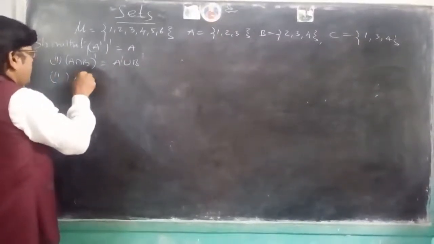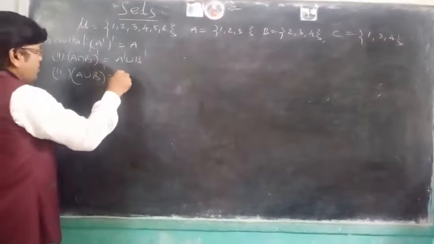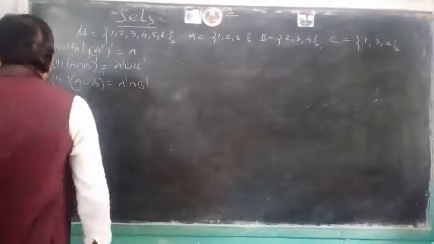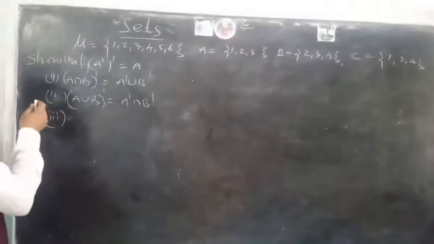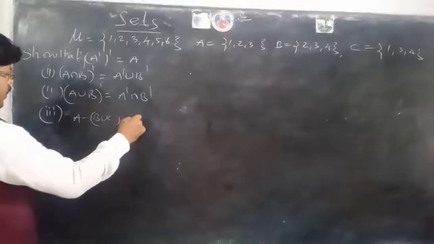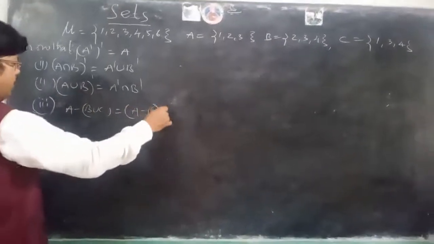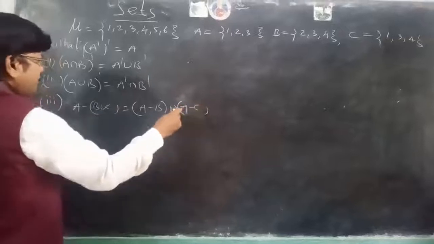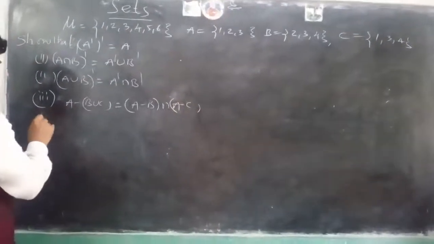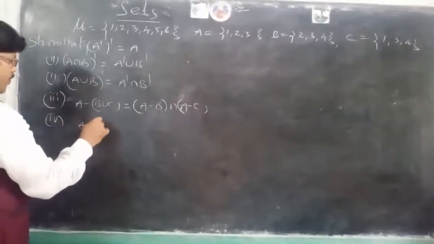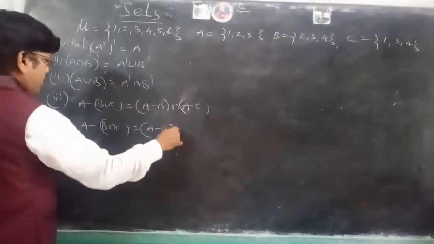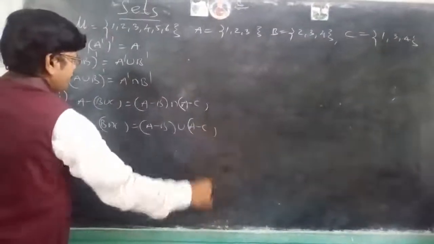Third, A union B whole dash equals A dash intersection B dash. A minus B union C equals A minus B intersection A minus C. A minus B intersection C equals A minus B union A minus C,